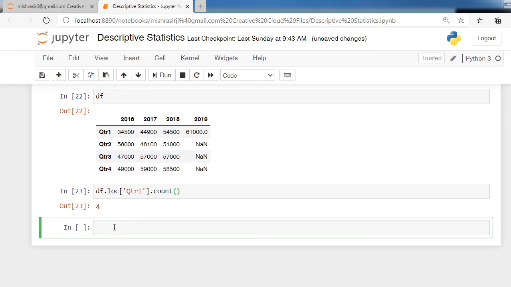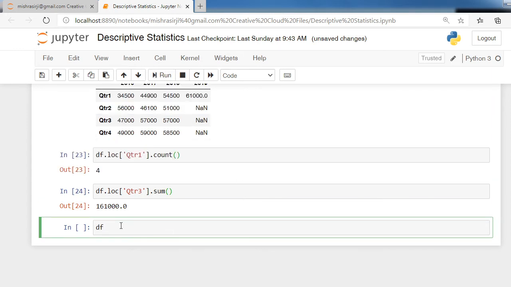Now if you want to find the sum of row index qtr3, you have to write df dot loc qtr3 dot sum. Similarly, we can use other aggregate functions: df dot loc in bracket qtr2 dot mean. It returns the arithmetic mean.